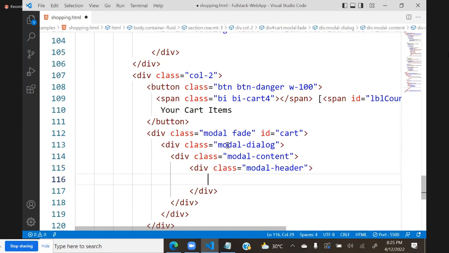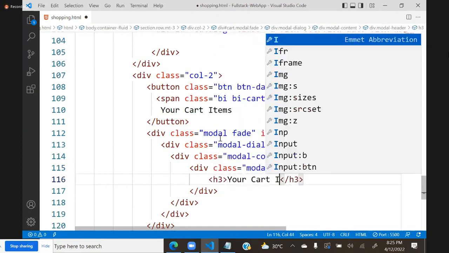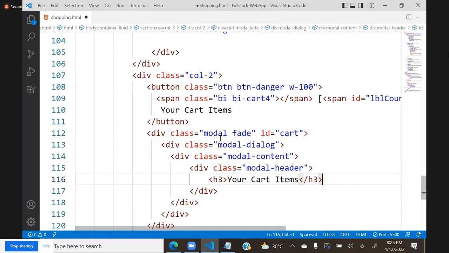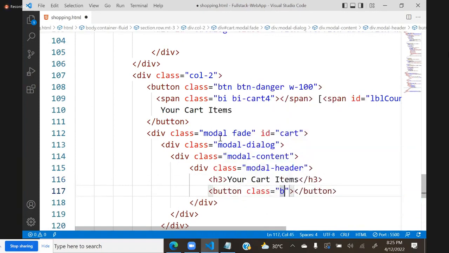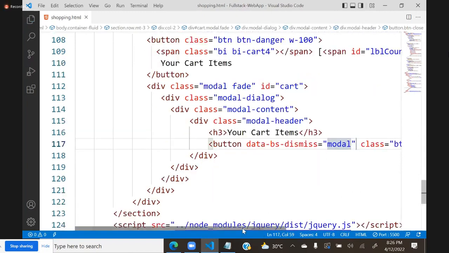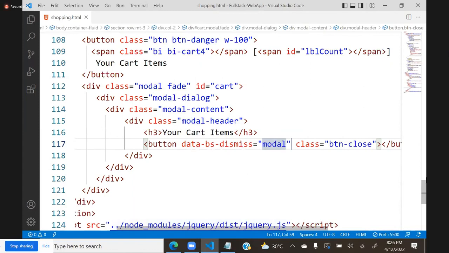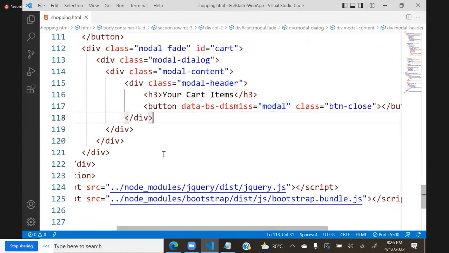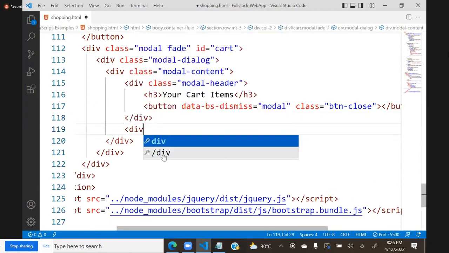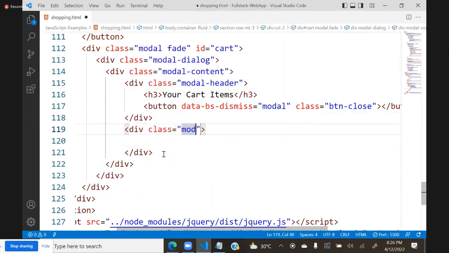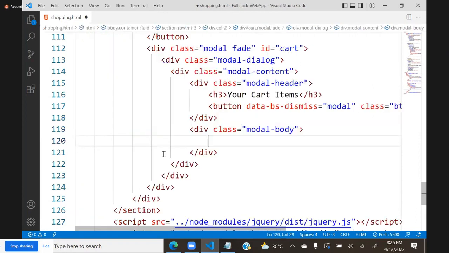The class model header and heading is your cart items. And we will put a button class btn close. And you know that it should use data bs dismiss model. Okay, now one more option here. Now we will keep here another div in this class as model body. In this model body,